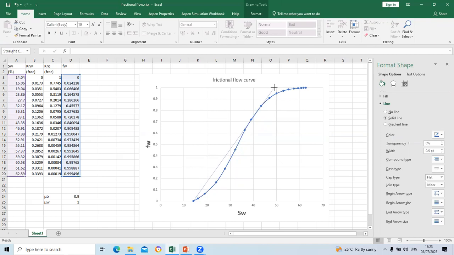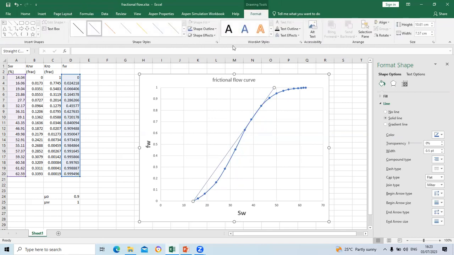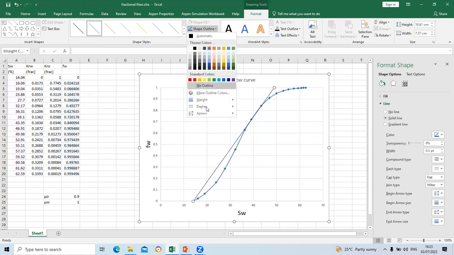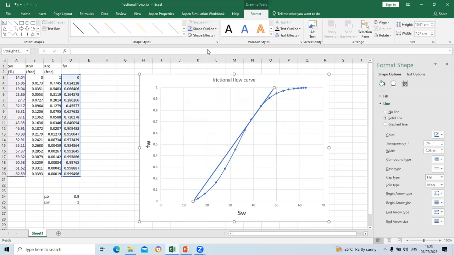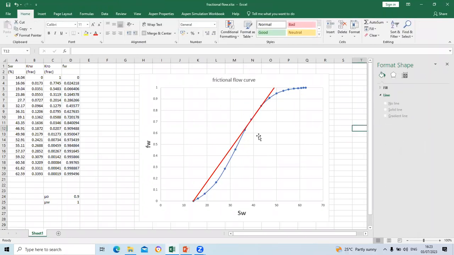We can always have different views. So I will increase the size. I will increase the size of that. I'll go to weight. I will increase the size. All right, I can change the color there. So my essence now is to pick the point at which this line touches the